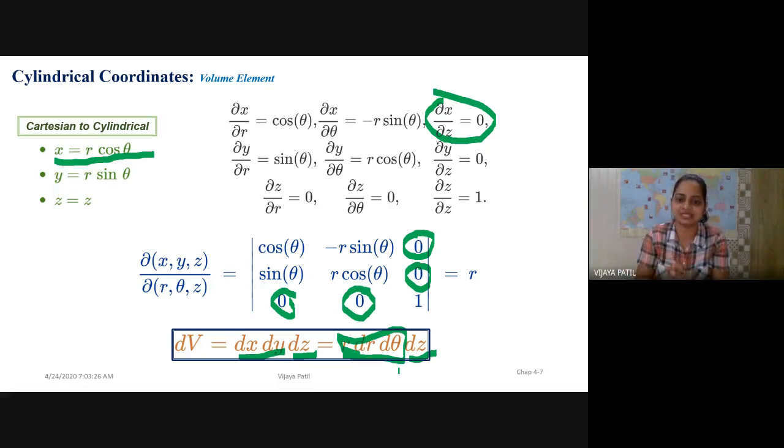Nothing extra will happen, and that is why we did a detailed revision of polar coordinates, so that cylindrical coordinates would be very simple for you to understand. I hope everybody has understood the cylindrical coordinate system. I'll deal with more examples based on the cylindrical coordinate system in the video on triple integrals in cylindrical coordinates. Thank you. Happy learning.